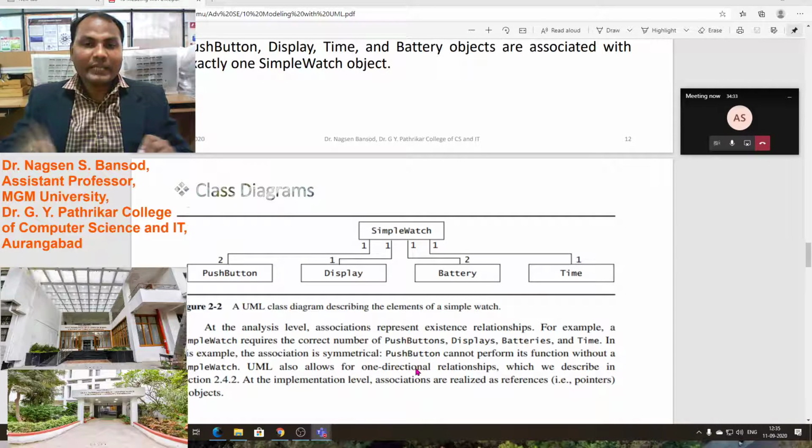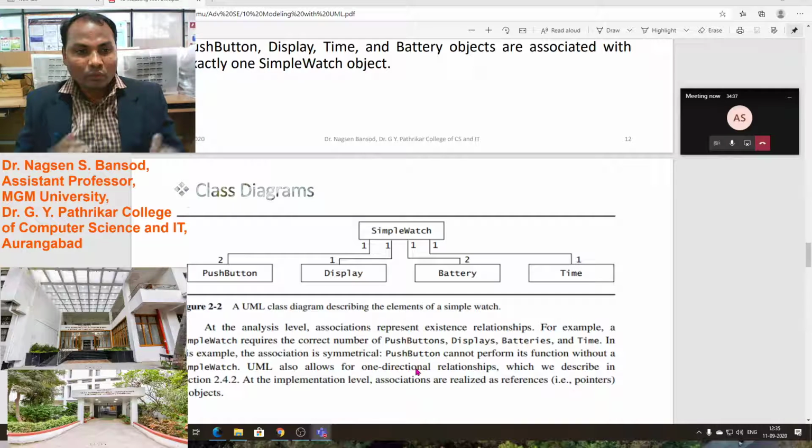To show the number of classes of objects, such as the simple watch object, we use the class diagram. Suppose we are designing particular software and there is a printer as an object in our software, then how many classes are there in the printer, to show that we use the class diagram.